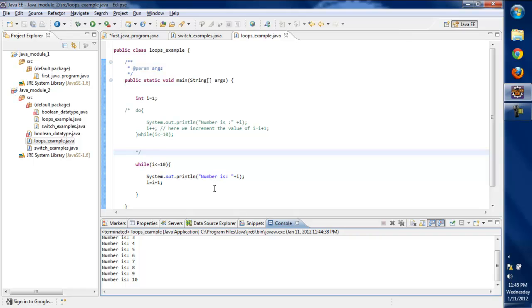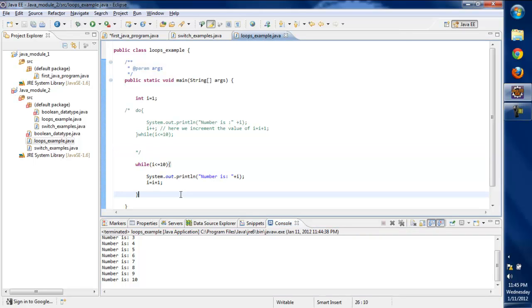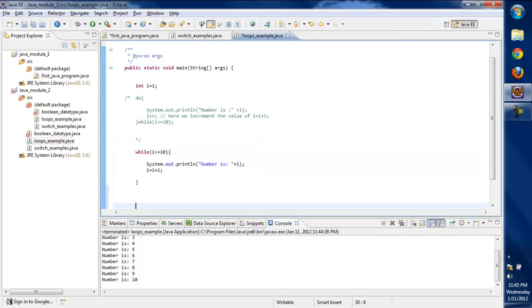Now we are going to print the same value through the for loop. The next loop that we're going to study is a really important loop, and it's used a lot of times in Selenium. So this is the for loop. This is the syntax of the for loop. We'll write for, and then we'll declare a variable inside it, like for int x equal to 1